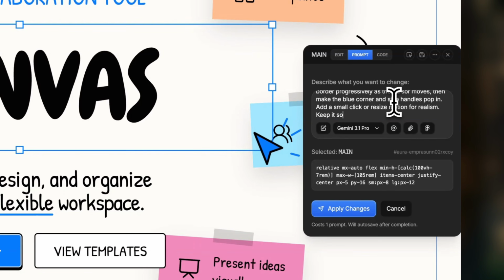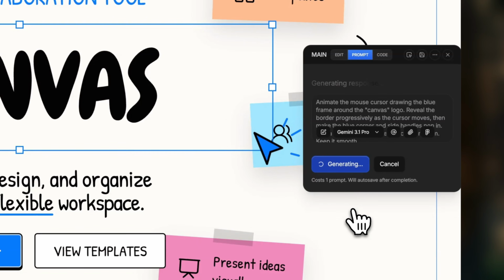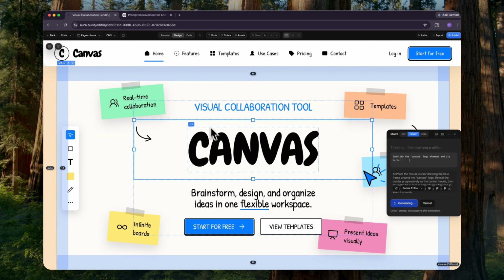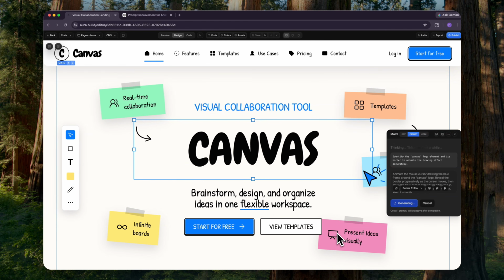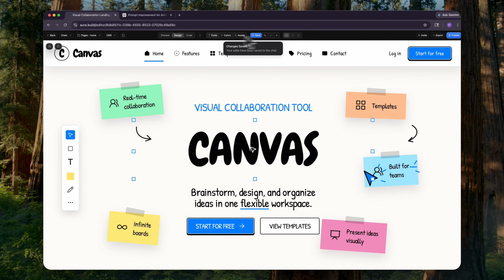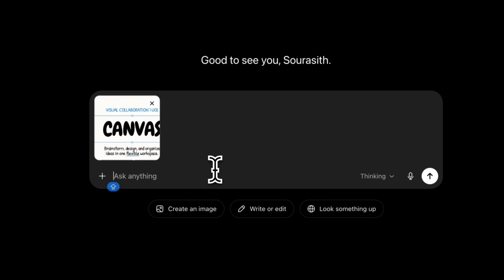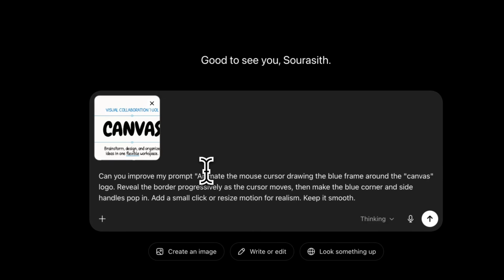And if you don't know the exact animation keyword, that's okay. Just explain it in your own words. AI can still understand what you want. For this animation, the keywords will be cursor follow animation, stroke reveal, progressive border drawing, pop in, resize interaction, smooth easing, micro interaction. You can always ask AI for help to improve your prompt if the animation doesn't work